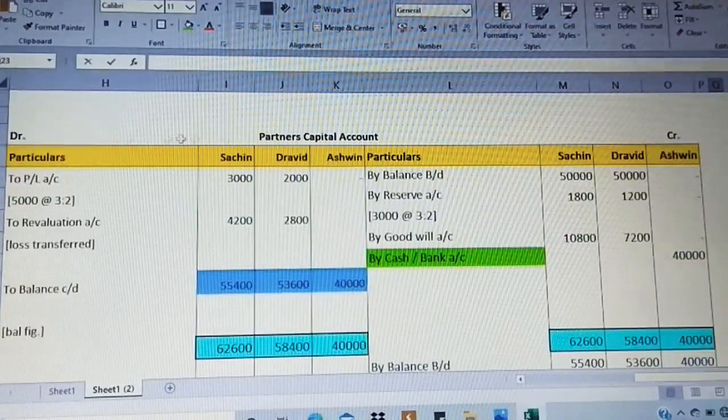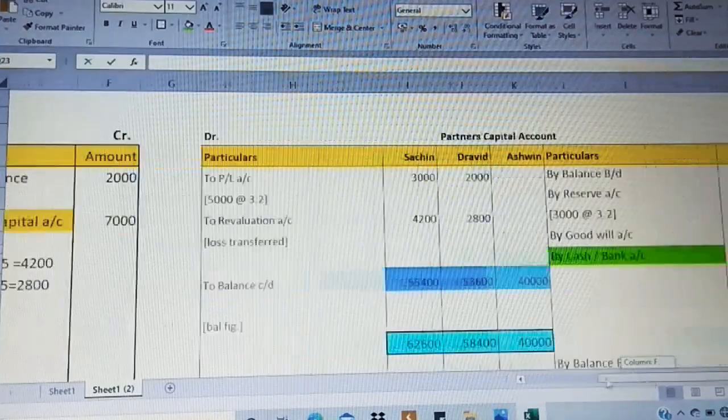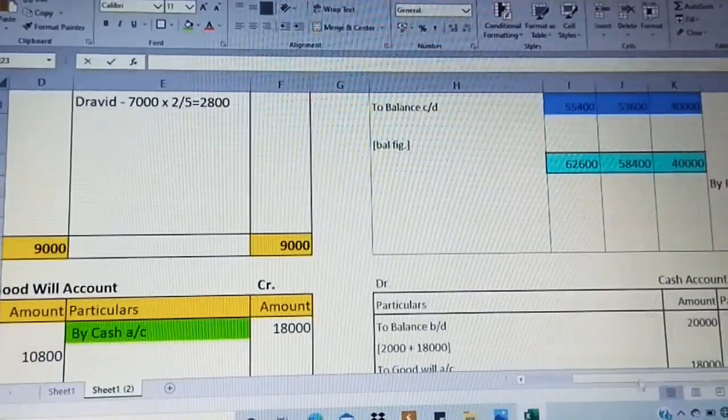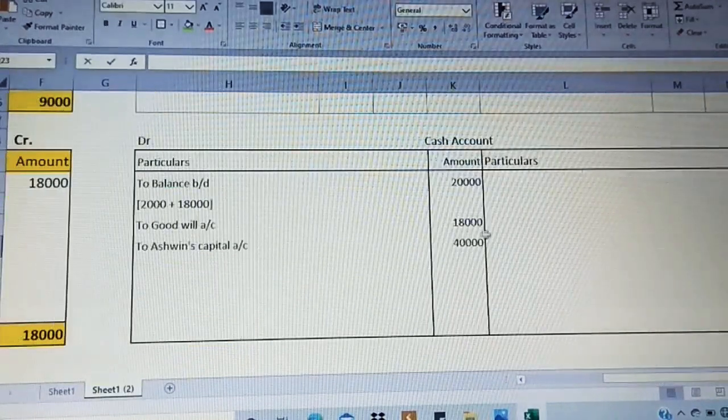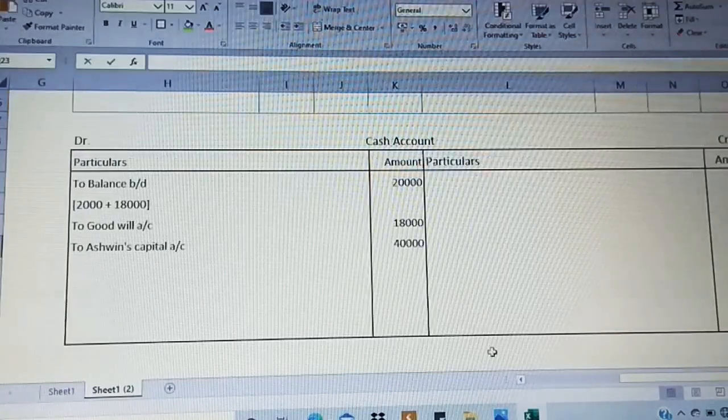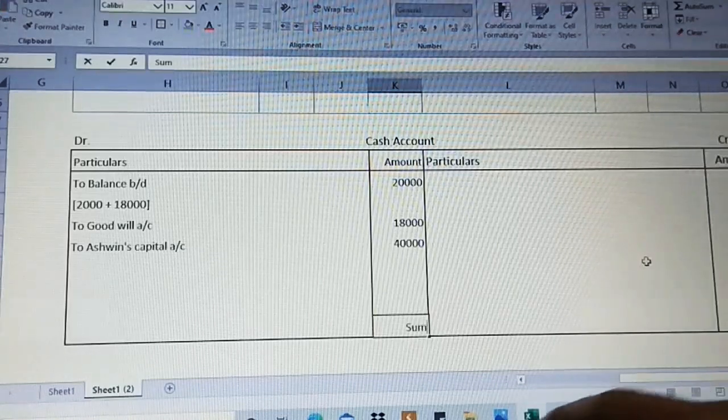Now just check up again in partners capital account on the debit side. Moving on to the debit side, any cash account, that is a cash value getting affected, cash name, no, it's not there. So we have completed with the cash account. Now the steps of all is being taken up. Now observing the cash account now, we have only the debit side values, we don't have any credit values. So on the debit side, whatever the value we have, we are going to take it as a total now. So I'm just going to take the total.